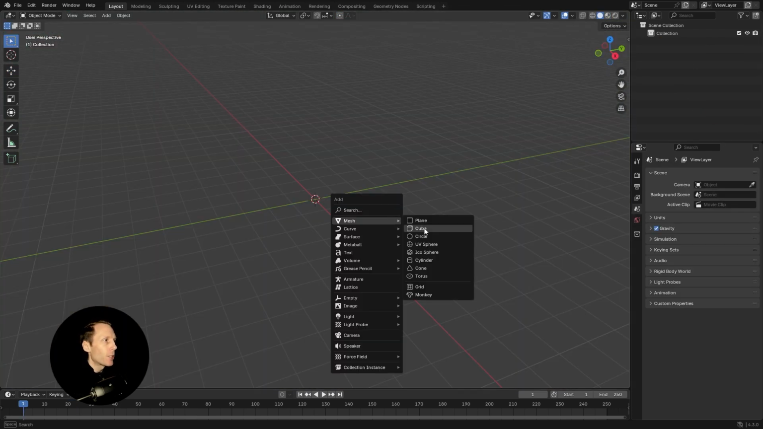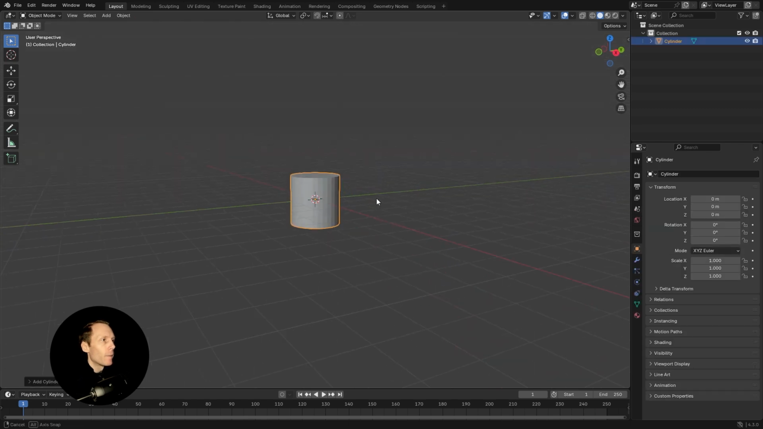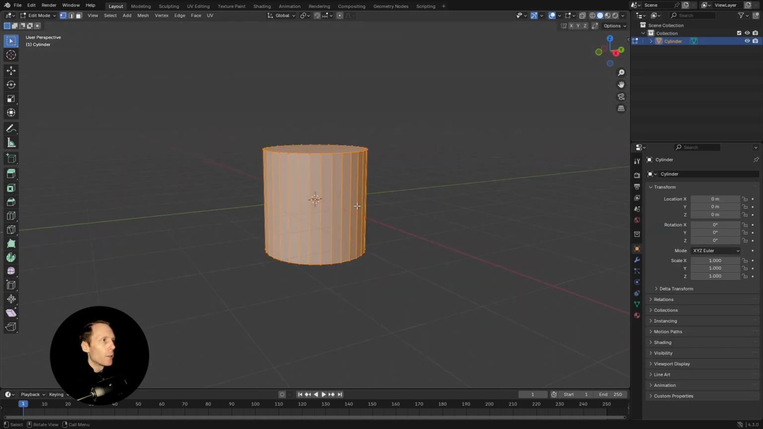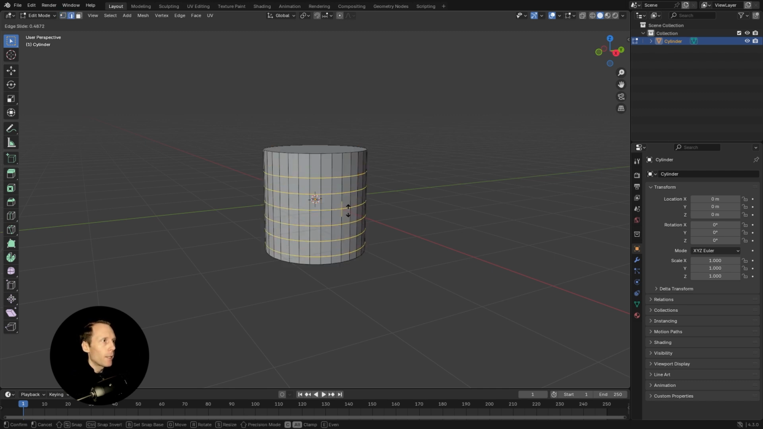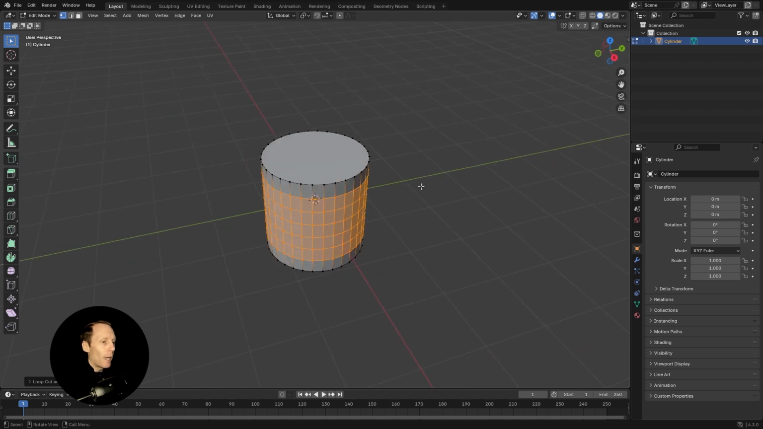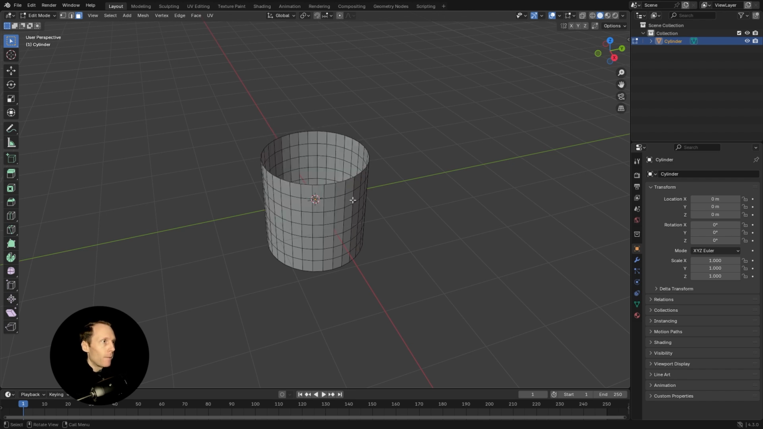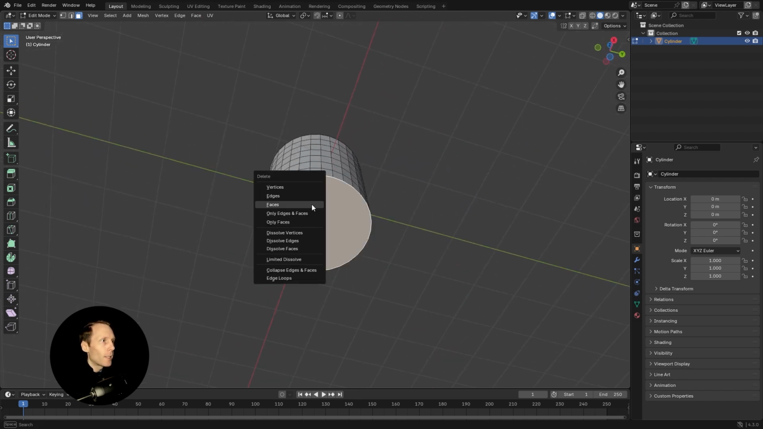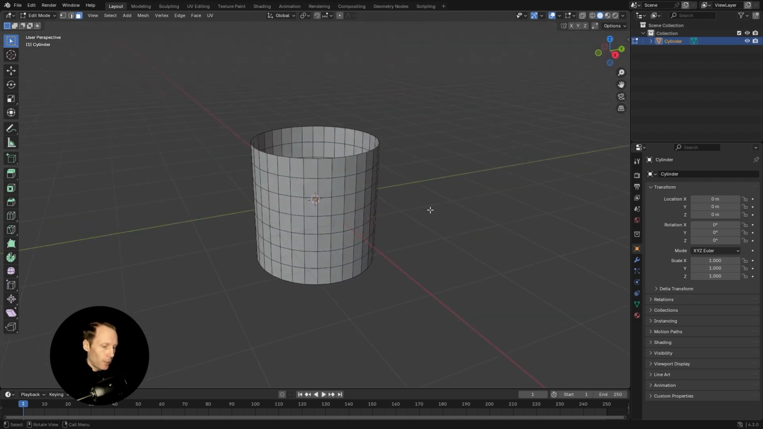Shift+A, Mesh, Cylinder, Edit Mode, Add Cuts, Control or Command+R, mouse wheel to add more cuts, click, Escape. Now I'm going to click number 3 on my keyboard, select this, X, Faces, X, Faces, select number 2, hold Alt or Option key on Mac, click this,